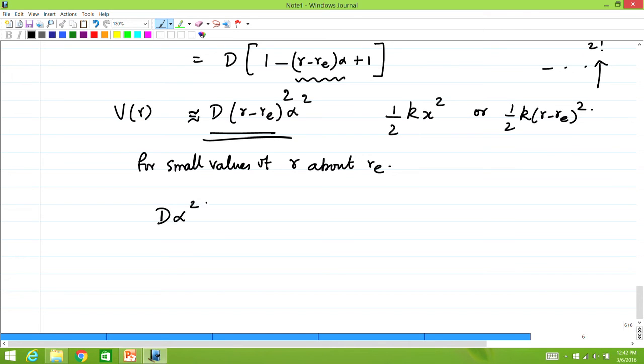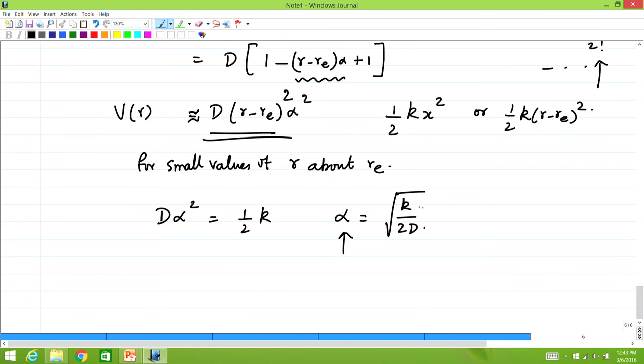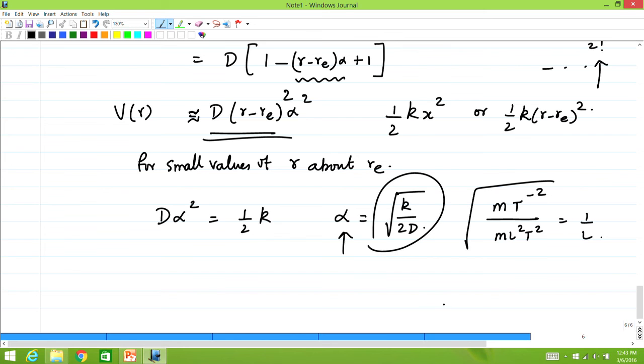So, what you have is D alpha square is equal to half k, and therefore alpha is given as square root of k by 2D. So, this is the Morse oscillator parameter, and please remember the Morse oscillator parameter has a dimension of 1 by the length, and k has the dimension of mass into, this is the force constant, therefore it is mass t to the minus 2, and this is energy, which is mass into length square into t to the minus 2, therefore the square root of this is 1 by length. So, the interpretation of alpha is that this k, the force constant, is basically